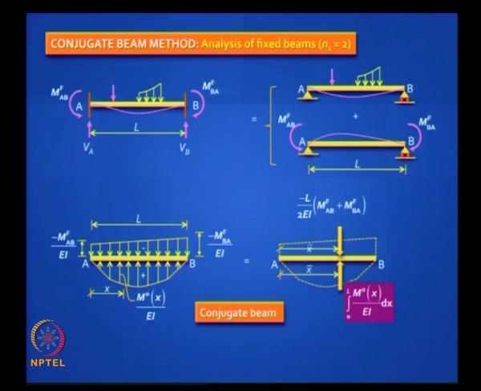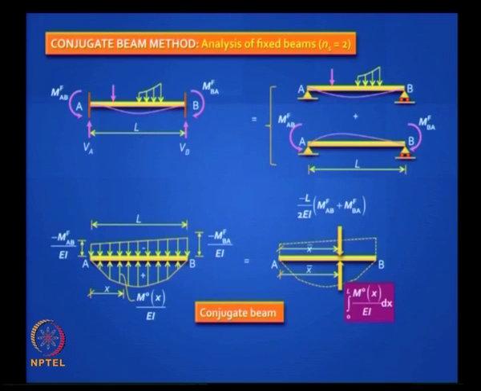And you can now look at the conjugate beam, which will be now free because the original beam is fixed, and you will find that on the top you will be putting the curvature diagram caused by the negative moments, so that is a straight line, and at the bottom you will have the free moment diagram M naught x by EI, and these two must self equilibrate. So you will find that the resultant force must be equal and the lines of action also must be equal.